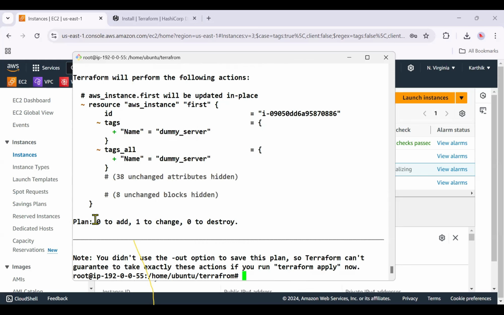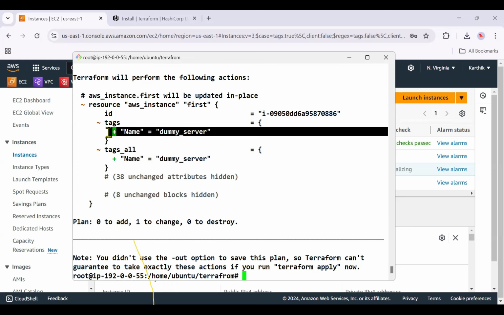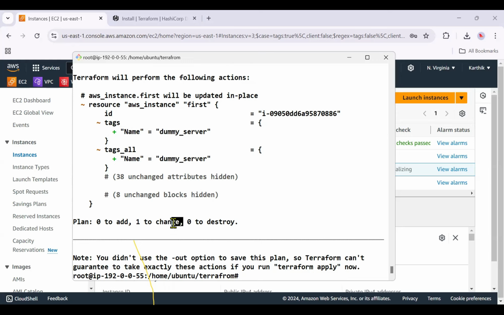See, it is not creating the EC2 instance. What it is doing is just changing the name. If you see here, the plus symbol is nothing but modifying. It is not creating an EC2 instance. It is just adding a name to that EC2 instance. That is it. Okay. Now Terraform